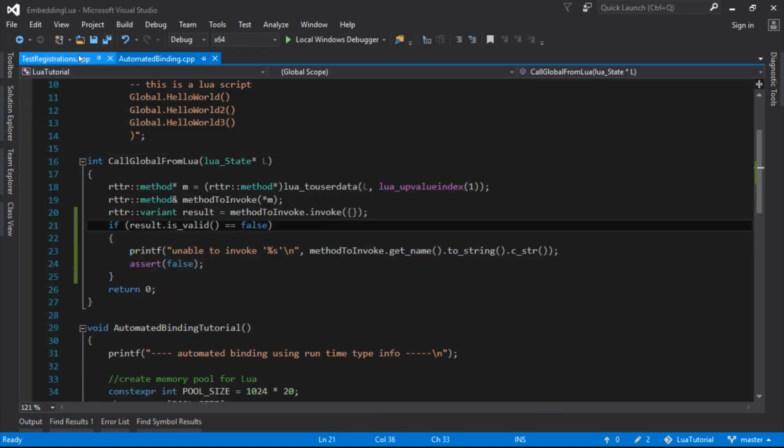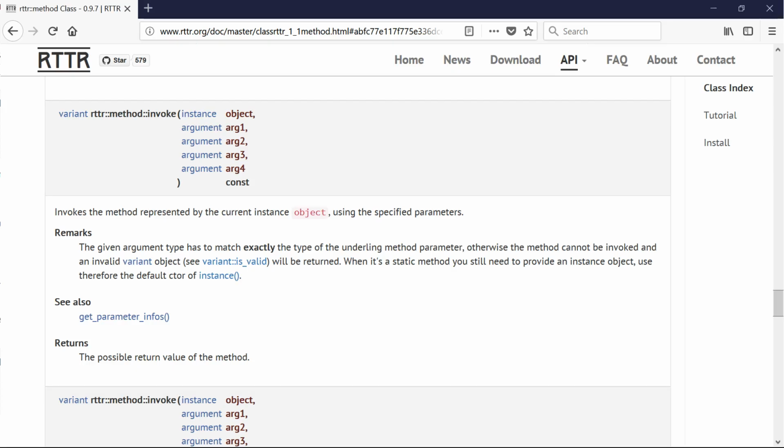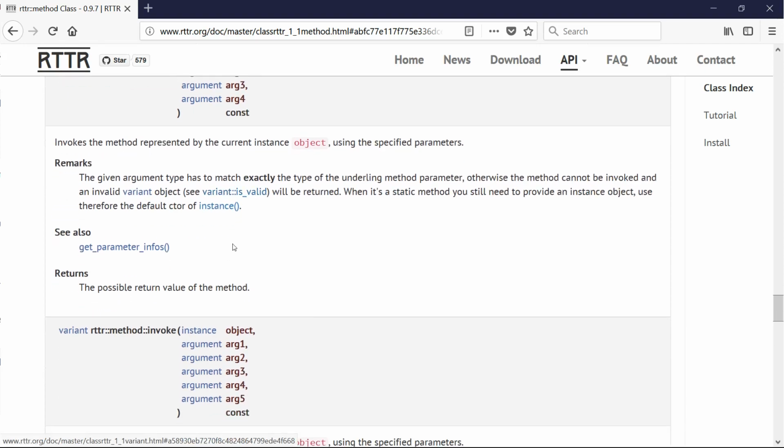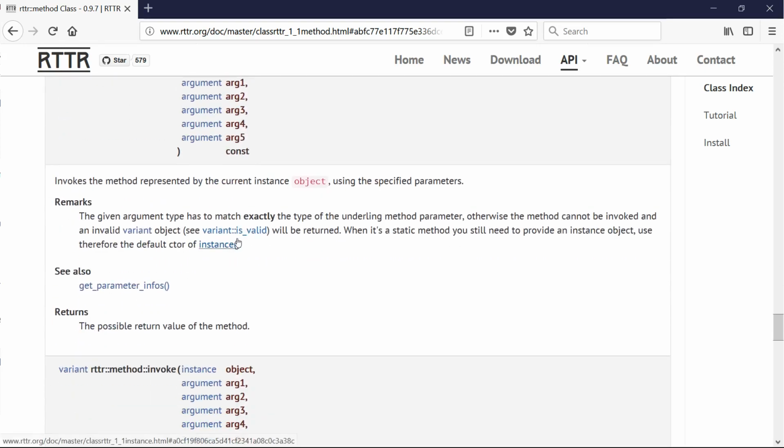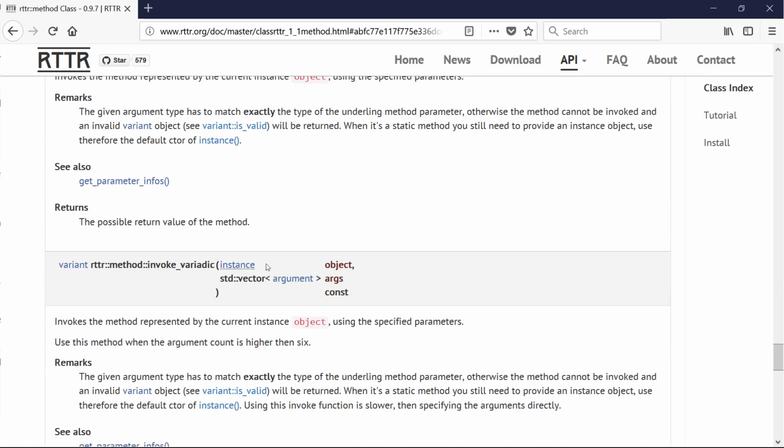We know something's wrong because we've added some parameters here and we didn't call the function correctly. So what we want to do is work out what these parameters are and pass them along to this invoke. If I look in the documentation, these invokes have these arguments that you pass along. So we could use that, but we don't exactly know how many arguments there's going to be, and it could be any number of arguments depending on what the function's doing. So I think there's an invoke variadic which just takes a vector of arguments, and I think that's the one we want,